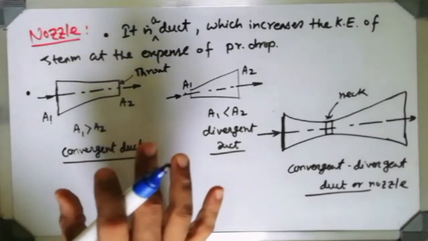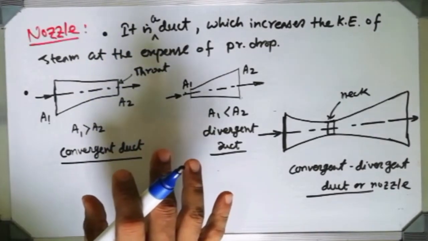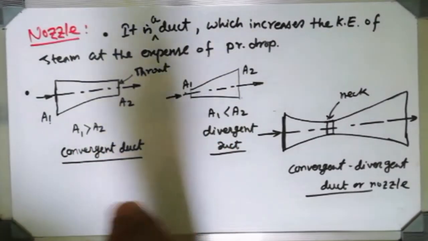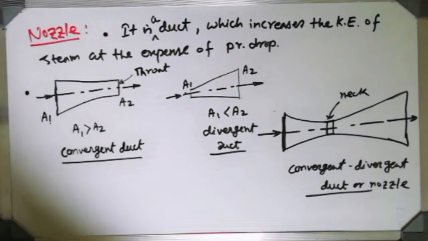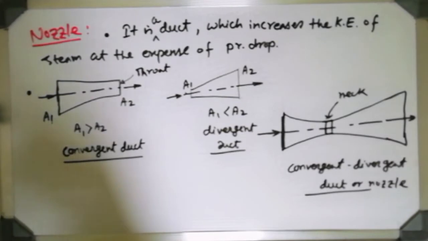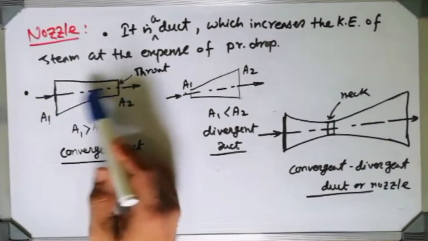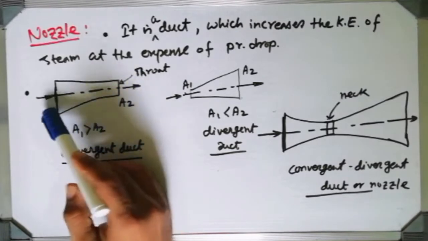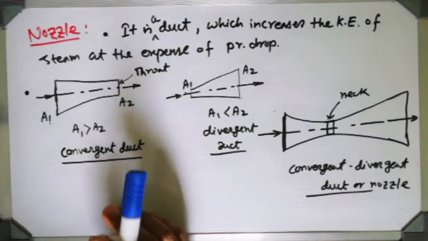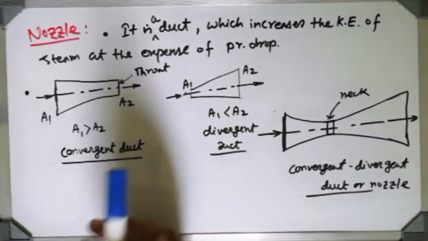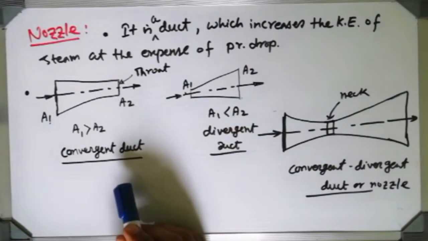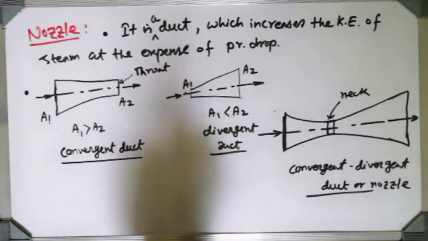So what is actually occurring in the nozzle? For the sake of pressure drop, we can increase the velocity of any fluid. That is what occurs inside the nozzle. So how is the pressure going to drop? Obviously due to the friction inside the nozzle surface, when any fluid flows over this surface, the pressure will drop, and while the pressure is dropping, it will be converted into another form of energy, that is the kinetic energy. That is the function actually being done here.